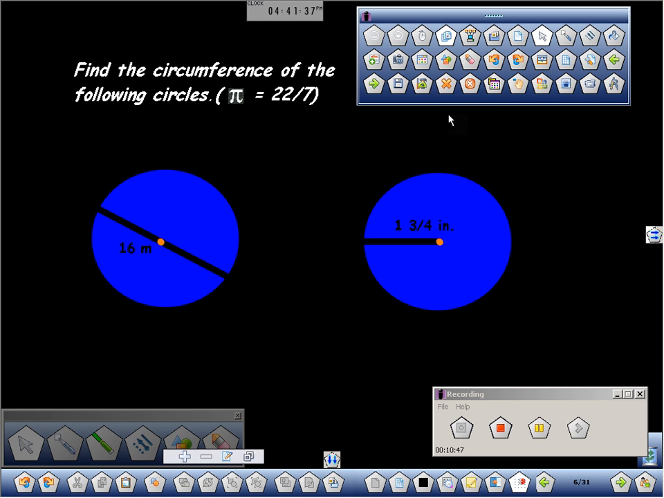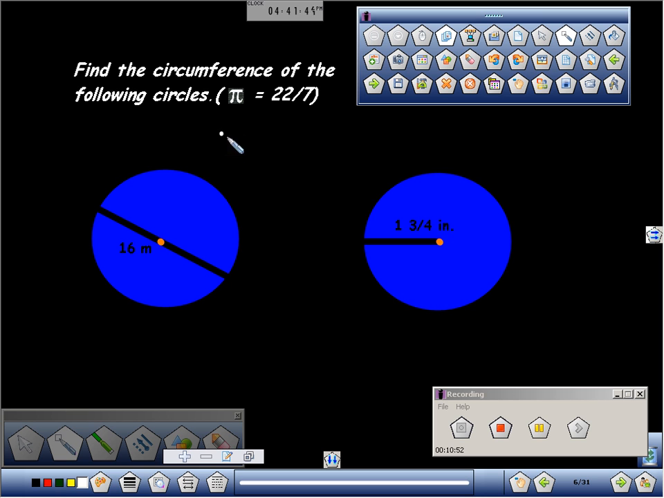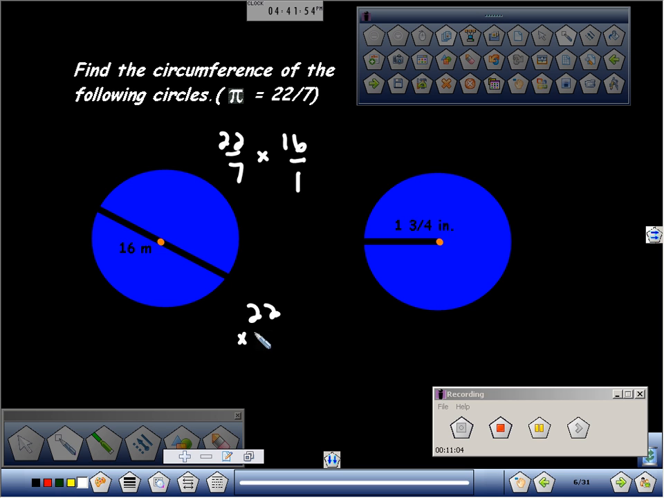Let's move this back. I'm just going to go ahead and work with it. We got 22/7 times 16/1. Okay? So we're going to go 22 times 16. 6 times 2 is 12. Carry the 1. 6 times 2 is 12, 13. Put a 0. 2, 2. Add 2, 5, 3. So we've got 352